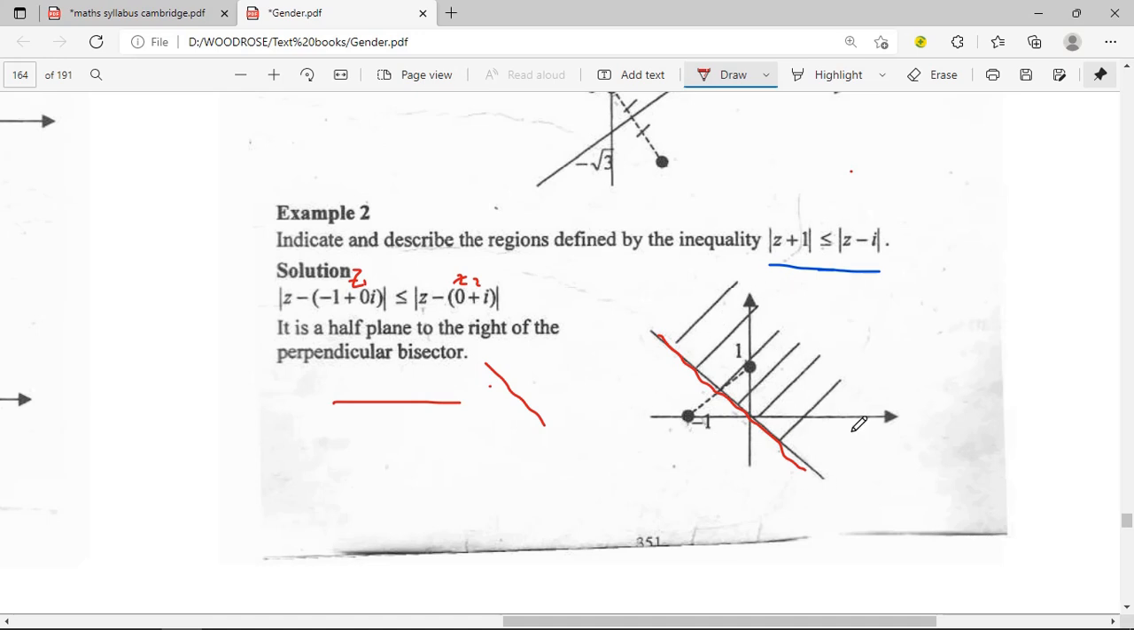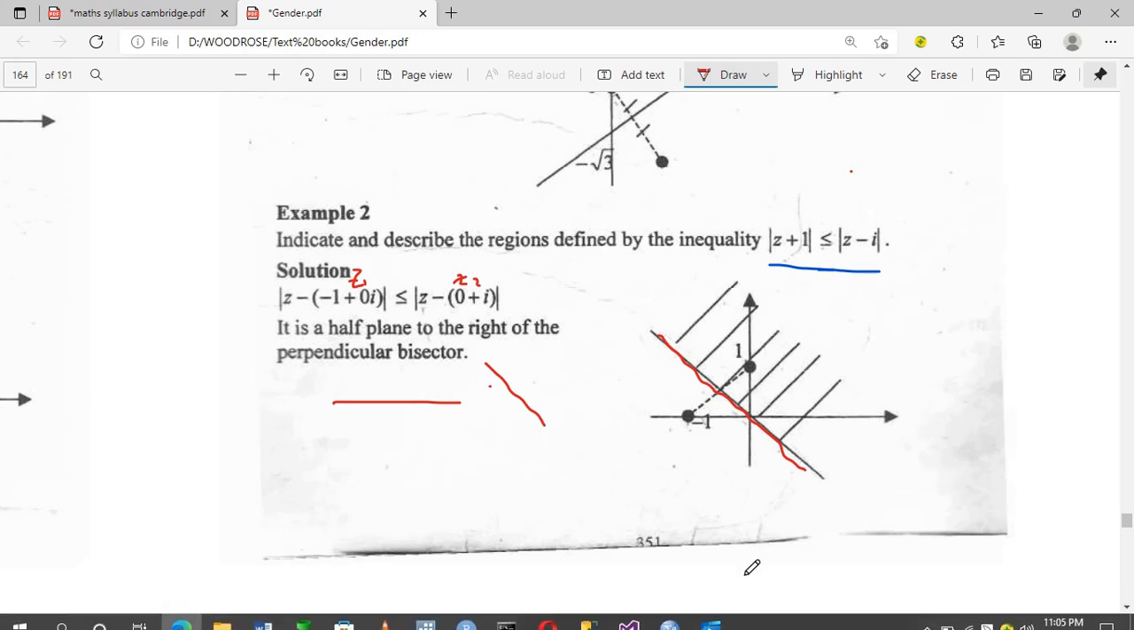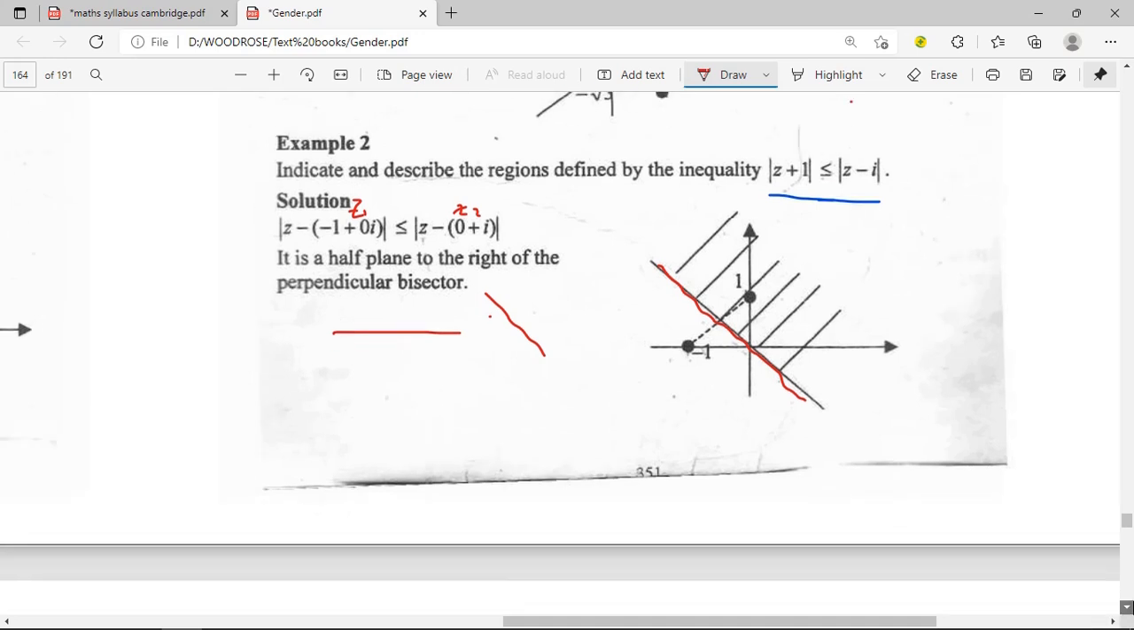So it depends on the question. Sometimes it says shade the region. So if they were saying shade the region, we're supposed to shade this. But in this case, the way they present it, they are shading the unwanted region. Please take note of that. It's very, very important. Right? Let's move on to the